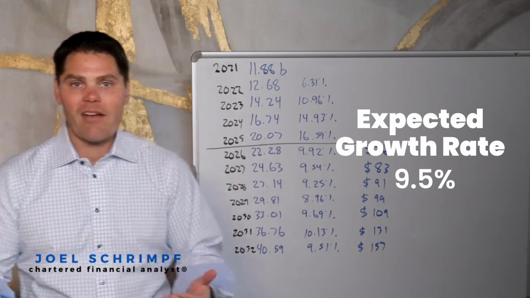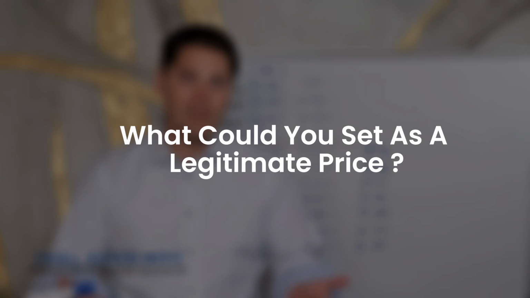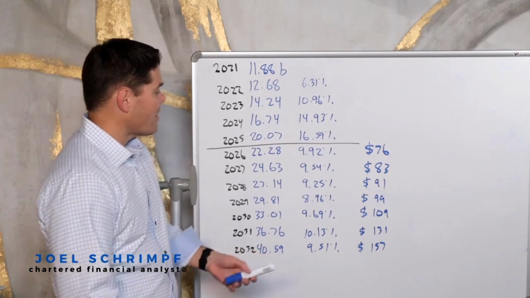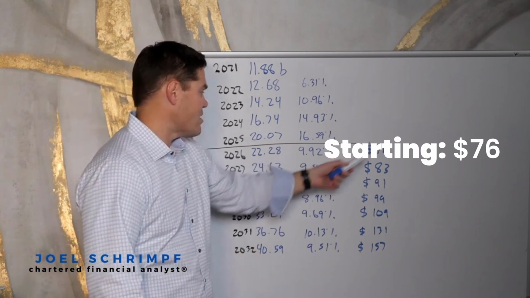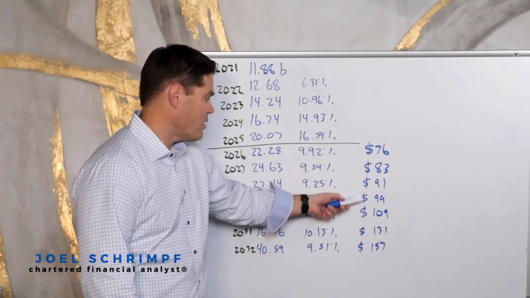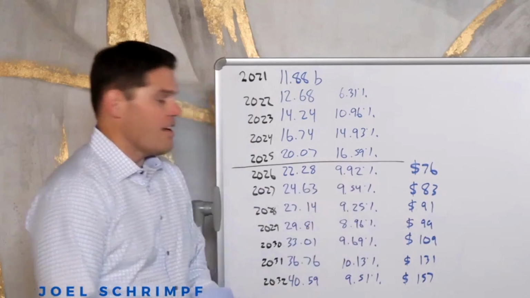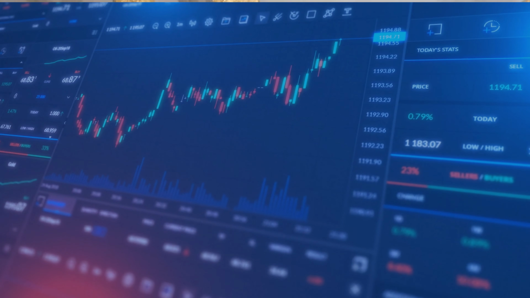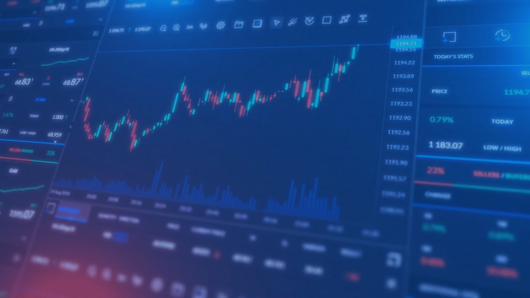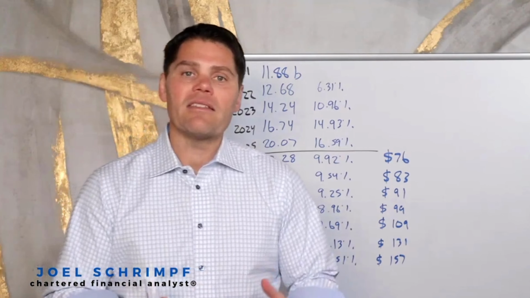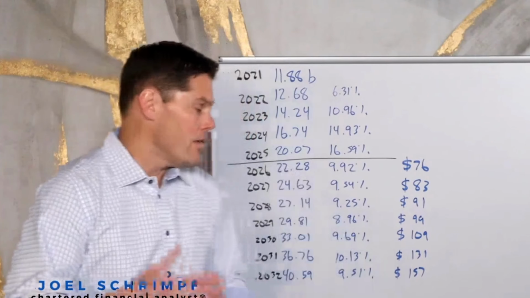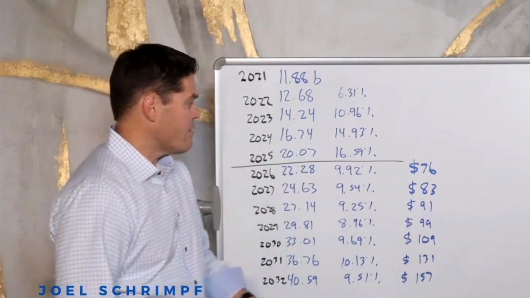Now, of course, it's not going to look like that exactly, but they have to come up with something. Say you're just using that, what could you set as a legitimate price? Well, I didn't do it exactly, but basically you would say, we're starting at 76, we'll go to 83, go to 91, go to 99. So each year, if everything stayed the same, if the stock price stayed there and there was no reversion back or forth from intrinsic value, then we would have that growth rate. It's never going to work exactly like that, but at least this is a starting point to see where we're at. In reality, this could go up quite a bit or go down quite a bit